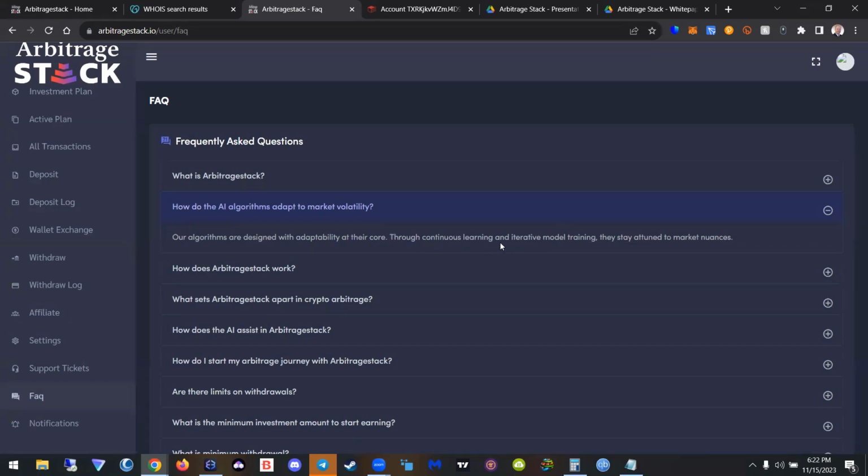Through continuous learning and iterative model training, they stay attuned to market nuances. What do market nuances have to do with the price on exchange number 1 being higher or lower than exchange number 2? We can just monitor that and make a trade as we see a price discrepancy. There's no AI that needs to be involved. Anyway,